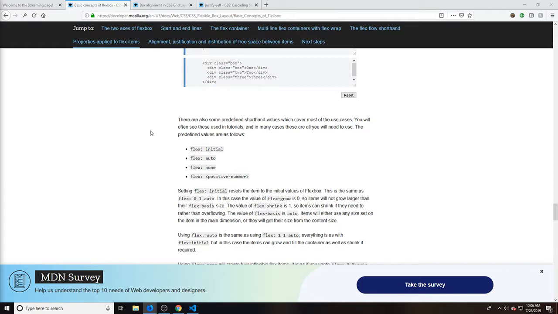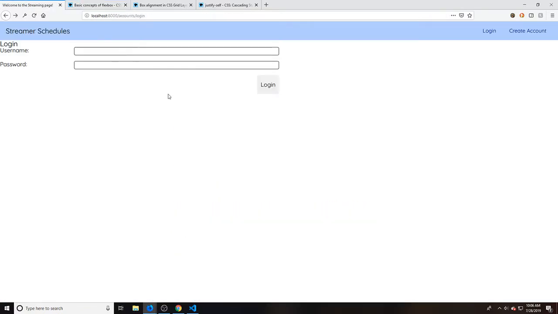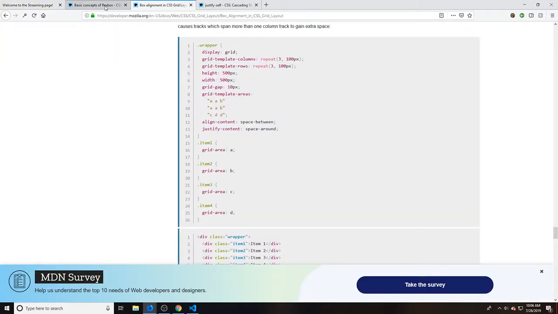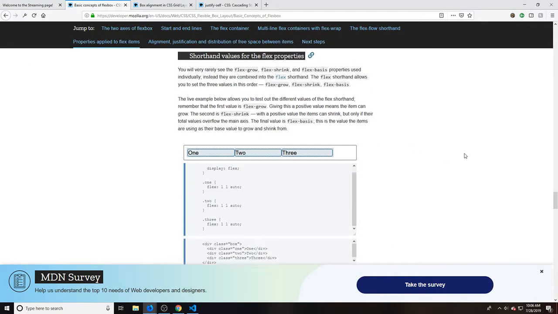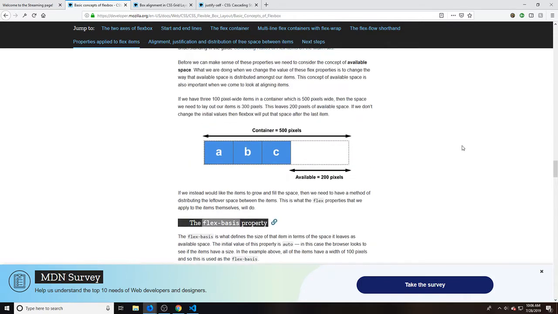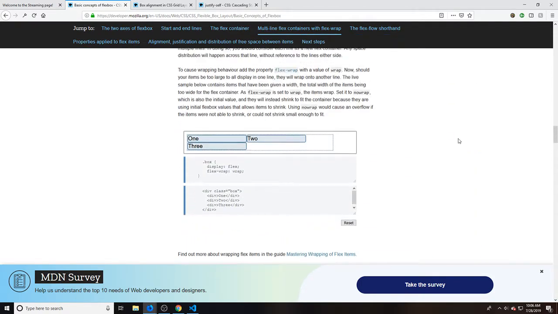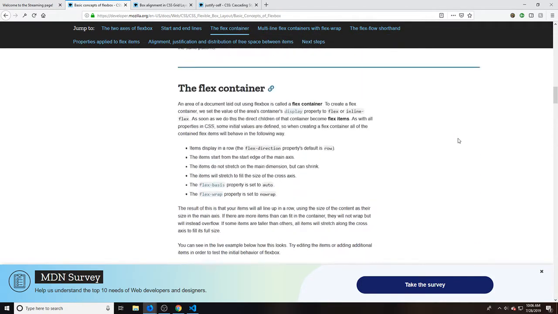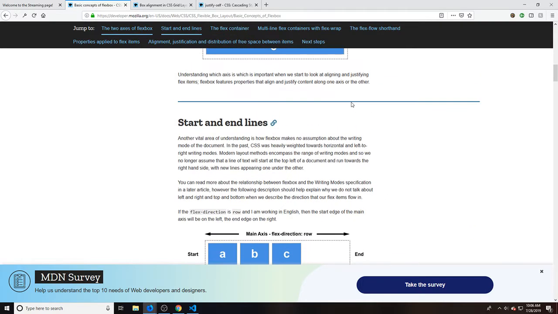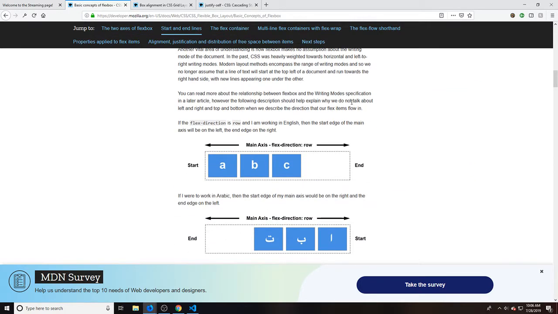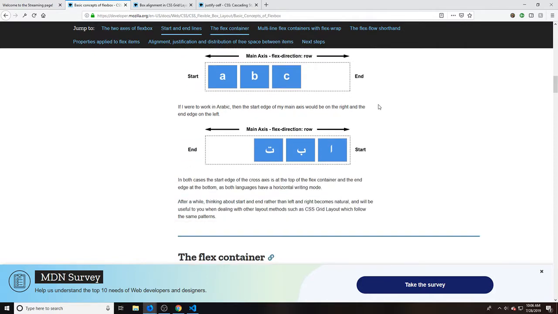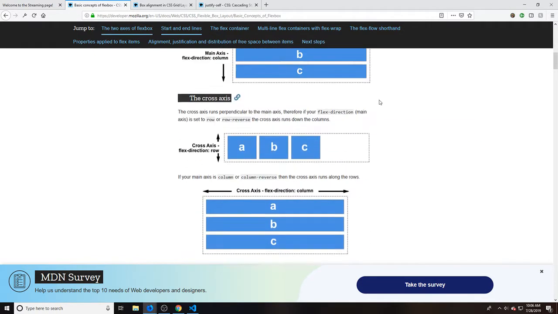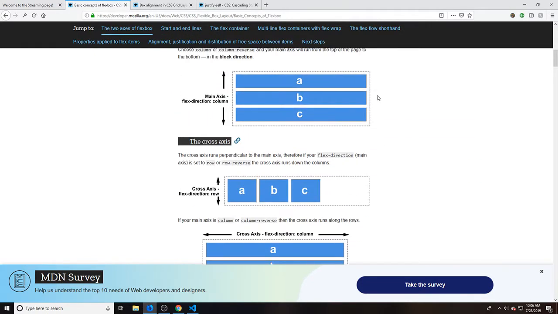We can play with this a little bit to see where we want things. Okay, hang on. Main axis: flex direction is row for that. Flex direction row. Flex direction column. Okay.